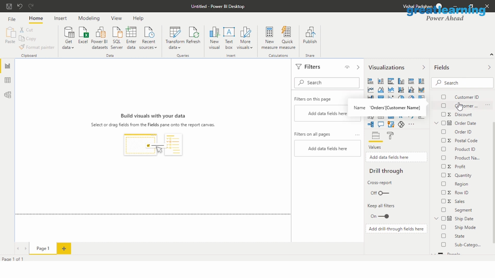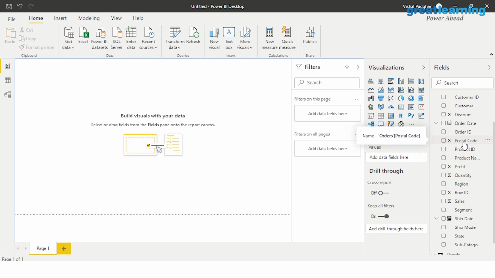Now we are going to continue our visualization from there. There are certain things about the interface that we might not have discussed yet, that is, how do we create visualizations in Power BI? There are plenty of options. One is you can double click on the column name.